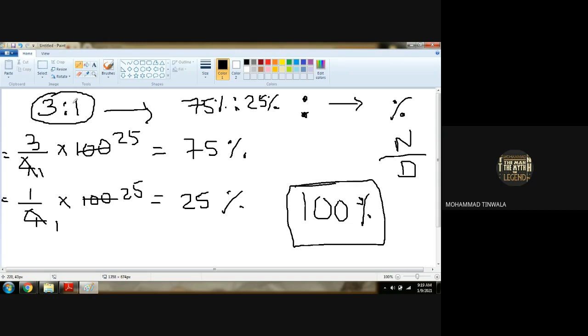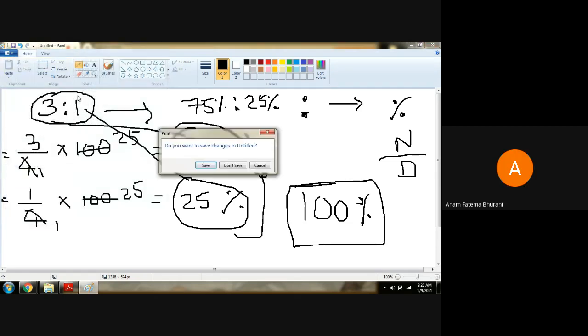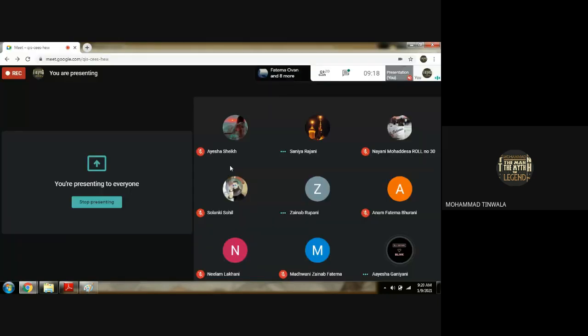Total base will be what? 100%. The total of these two is 100. The third part of 100 is 75%, and the one part is 1%? Are you getting my point? Always, however many numbers there are, for example 2 is to 3 is to 5 is to 9 is to 10 is to 20, the total will be what? The ratio will be of 100%. The average will be of 100%.